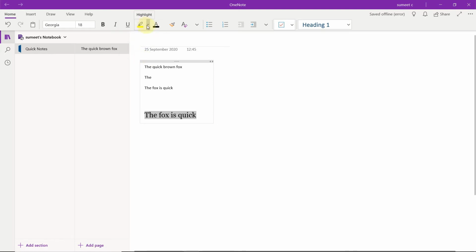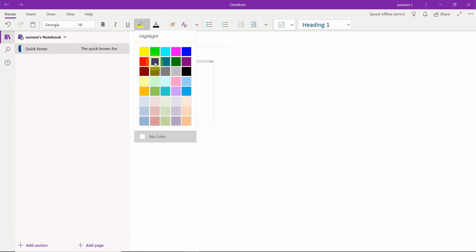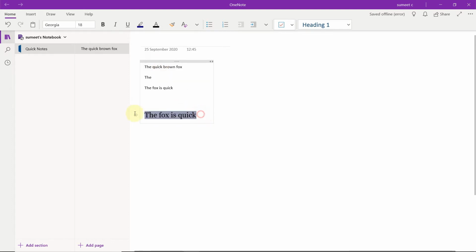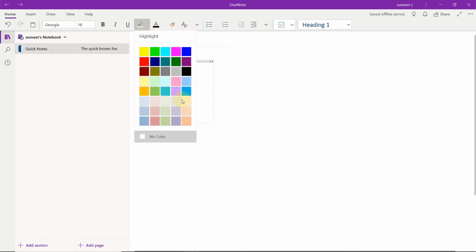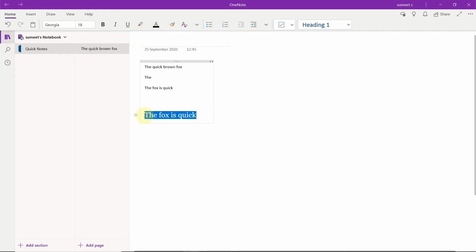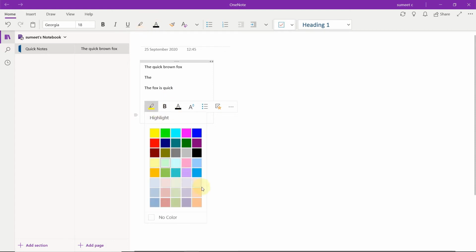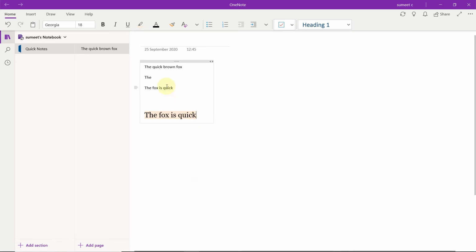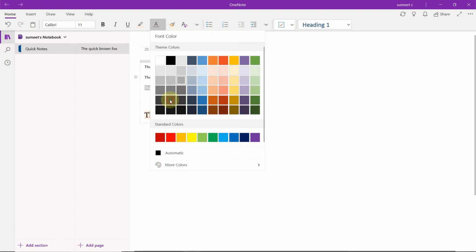Now let's check this out. So there are various colors. Select the text and just select whichever color you want it to get highlighted. So I will choose this light greenish color. Also I can change the color by selecting the text, and while you select the text, you will also get this dialog box through which you can also change the color. So this is nice. In the Evernote software, I don't think this highlight feature is there. In Evernote, they give only one color for highlight, but in OneNote, it is good to see that they are providing various colors to highlight the text. And then also you can change the color of the text.